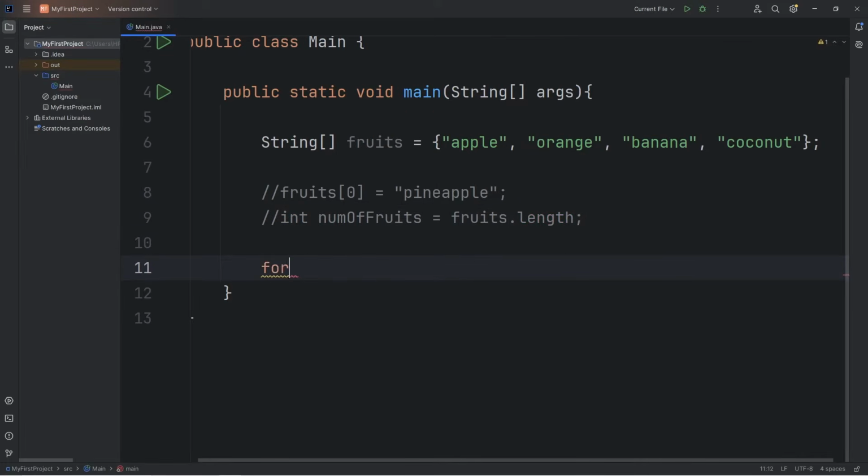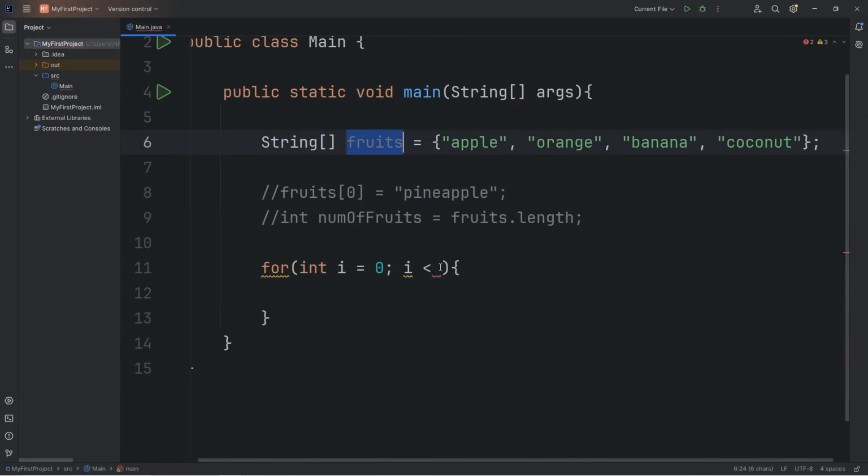We'll declare a for loop. We'll create an index of i equal to 0. How many times do we want to iterate this loop? Let's continue as long as i is less than... We need to determine the length of this array. Well, we can use that length property that we